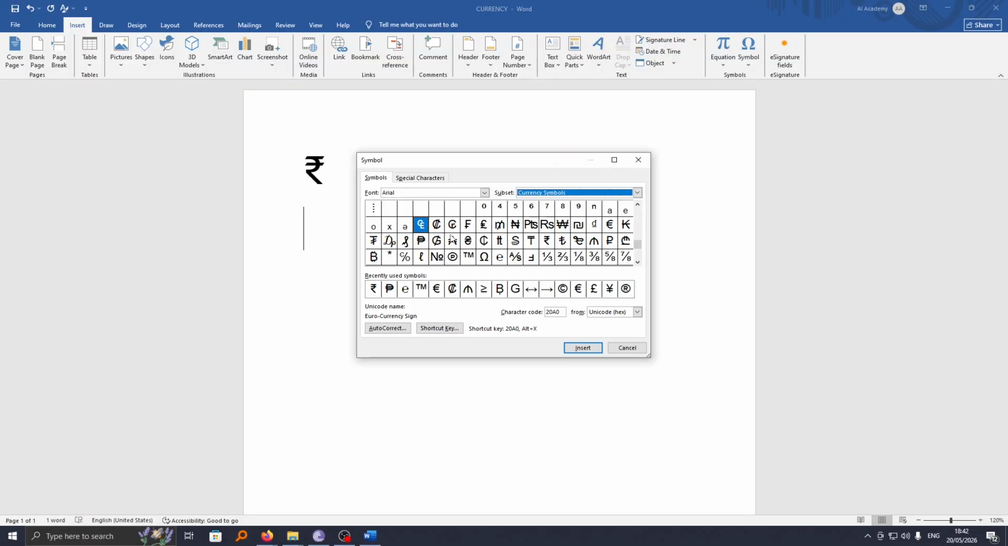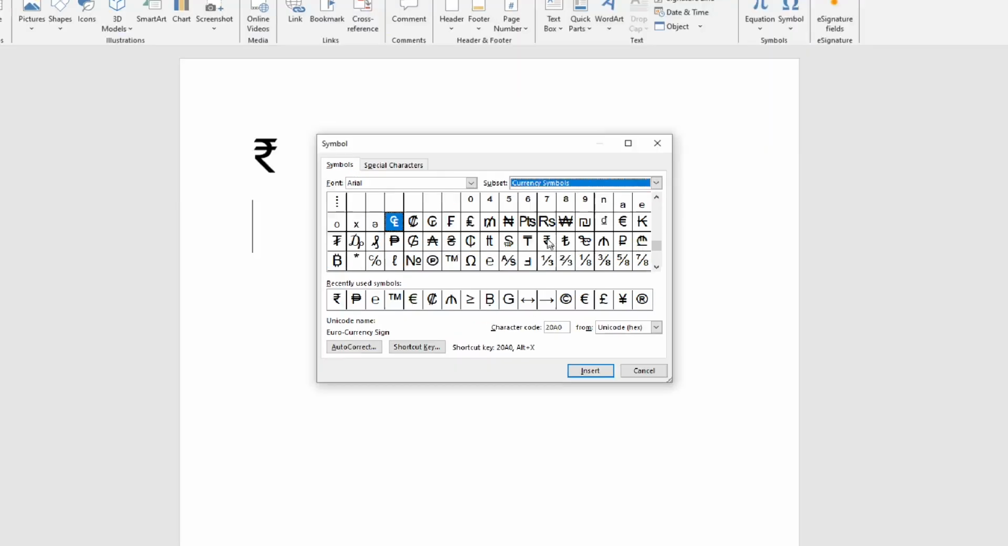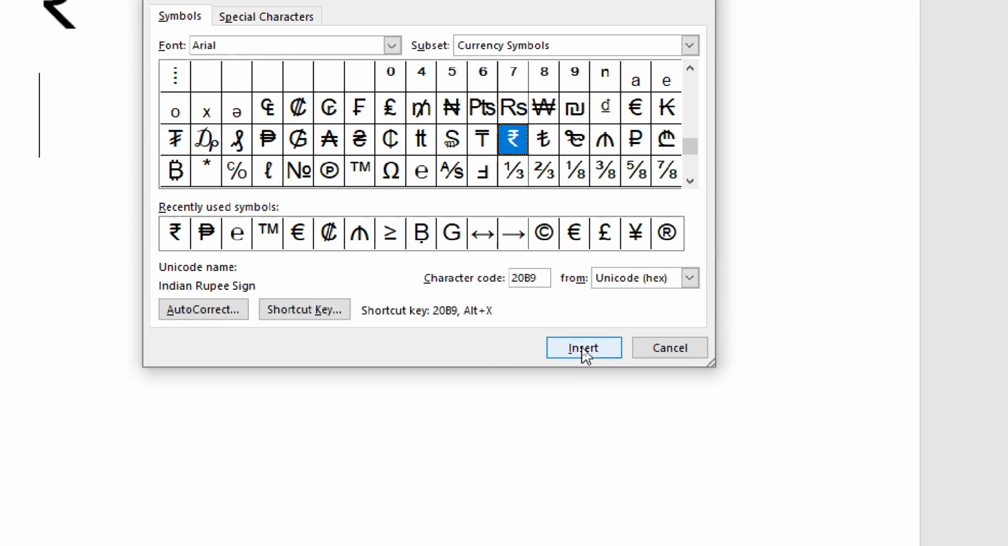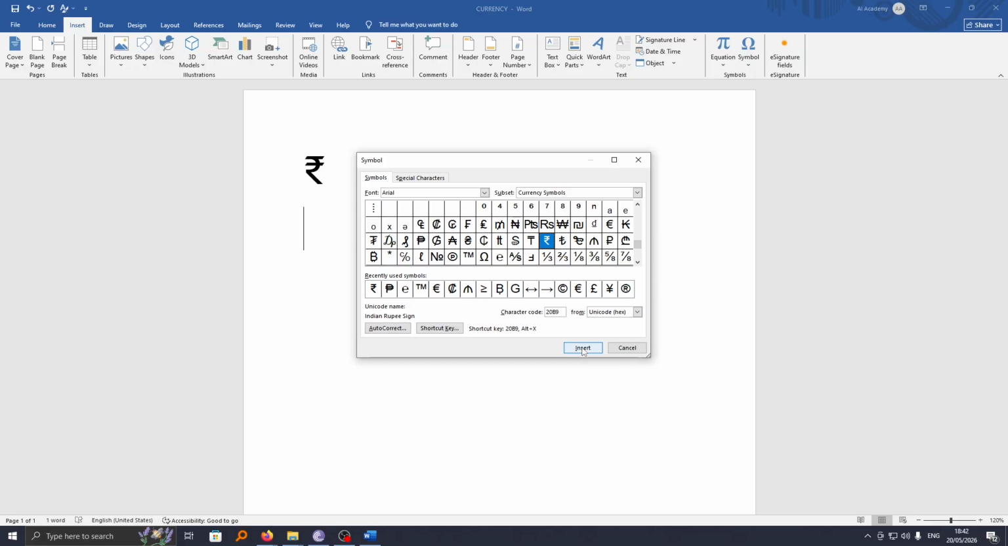So this will list major symbols of currencies around the world, and you should look around for a rupee symbol. As you can see here, it is. However, if you tap on it, don't proceed and tap on Insert, because we are interested in creating a keyboard shortcut for this, so that each and every time you want to enter or type this symbol, you won't repeat